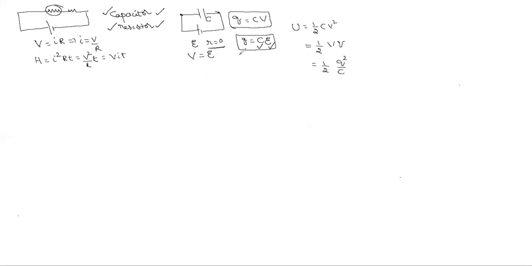Constant, sir. So, suppose one of your friends asked you, suppose one capacitor is connected to a cell, what is the current flowing through the capacitor? Then what do you say? Sir, 0, sir. Why? Sir, because charges don't flow. That is, the charge is constant, sir. That's what I asked here. dq is not there, dq is 0. Then according to the formula, I is equal to dq by dt in this chapter, I is equal to 0. So here current flowing through the capacitor is equal to 0.